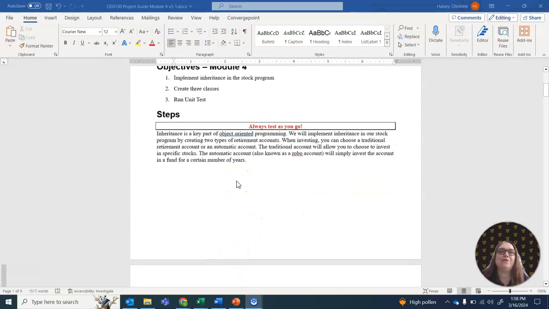Inheritance is key to object-oriented programming. So this week we're looking at implementing inheritance in our stock program. We're going to have 2 types of retirement accounts, and that retirement account is going to be the parent class, and then we're going to have 2 child classes that are either a traditional account where you pick a stock and you buy a certain amount, or the robo account and you just give it an investment amount and it goes from there and does a simple calculation. So there's 2 different types of child classes there, the traditional account and the robo account, and they both inherit from the main